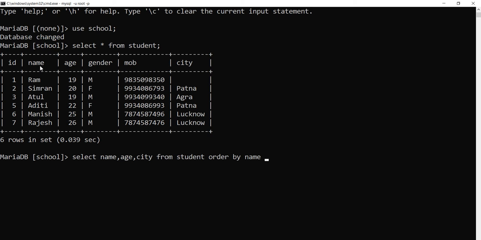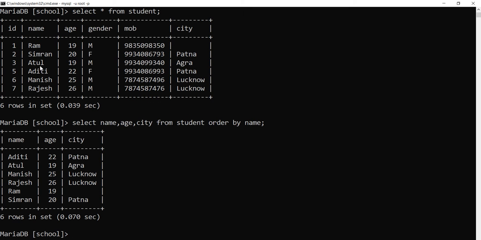If you do not type ASC, it definitely uses ascending order by default. Just have a look. You get the result in ascending order: Aditi, Atul, Manish, Rajesh, Ram and Simran.